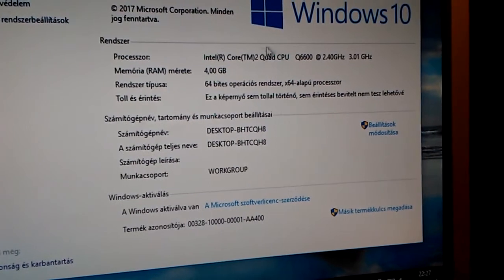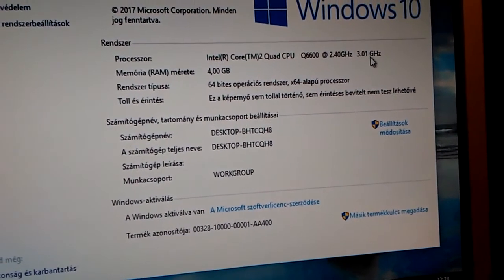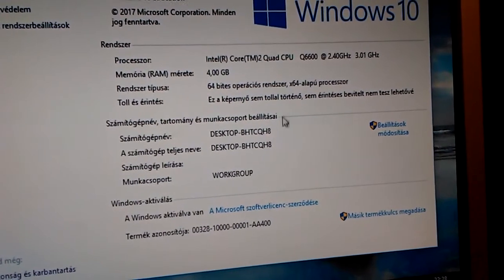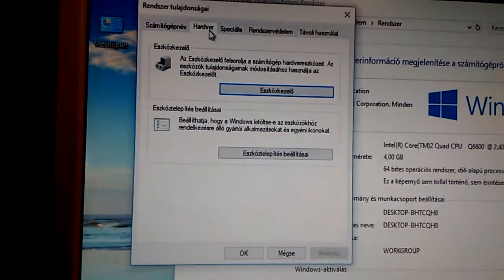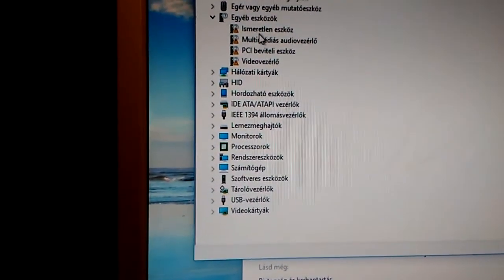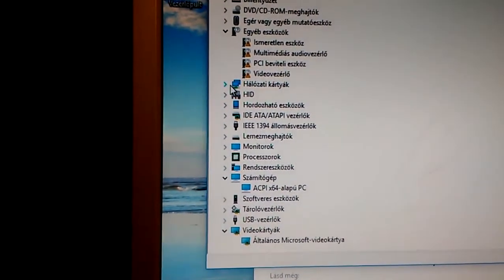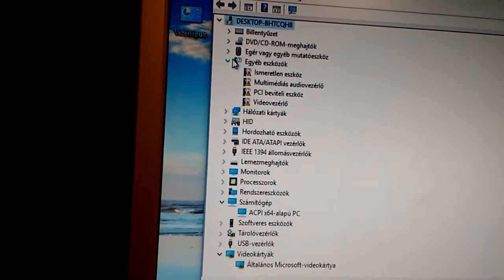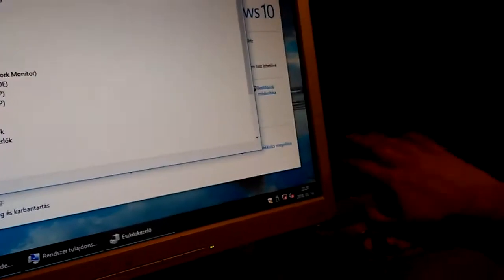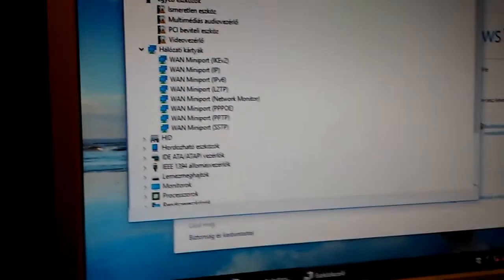So we have the Core 2 Quad CPU here, Q6600, the 2.4 GHz version running at 3.0, and I have 4 GB of memory, 64-bit operating system. It's the Hungarian version, but yeah, this is cool. I just want to see if we have drivers installed and stuff, but I will install Windows XP because I don't want to use the new stuff. I'm pretty sure Windows 10 doesn't have a driver for the ODH2, maybe, I'm not sure, but definitely not for the graphics card. So there is no driver for the 7000 series of NVIDIA. So yeah, I will install Windows XP,